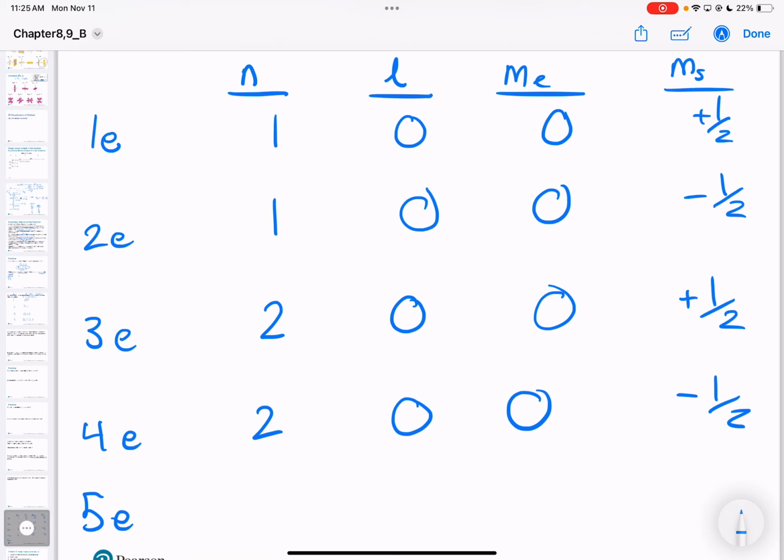And I'm just starting at the lowest energy ones and working my way up. How do I know that they're lowest in energy? The n should always be a lower number, and the l should be a lower number. So like 1s is lower in energy than 2s, and 2s is lower in energy than 2p, which is the next one we get to. Now,